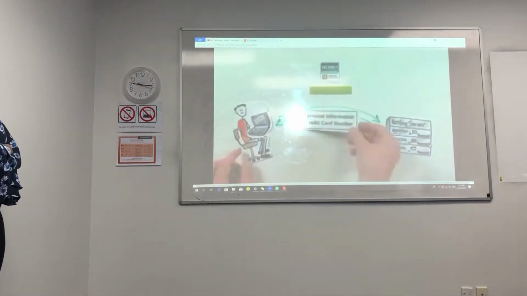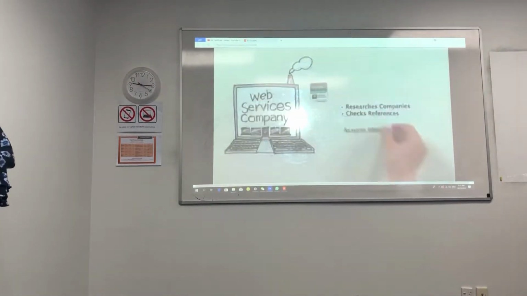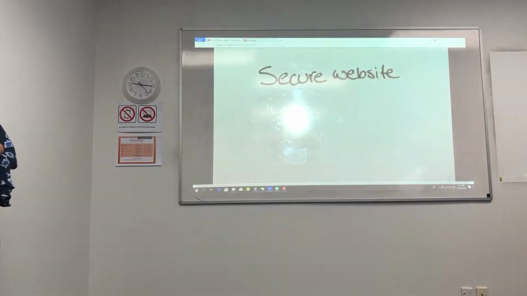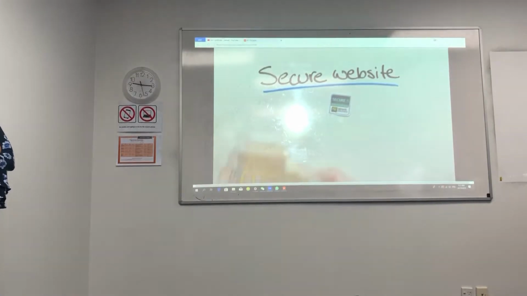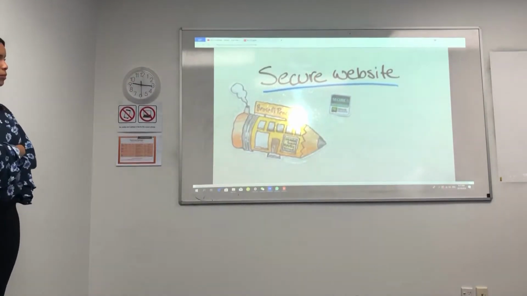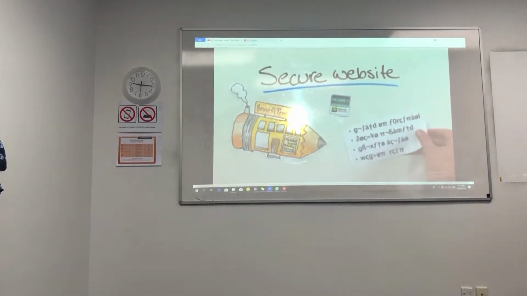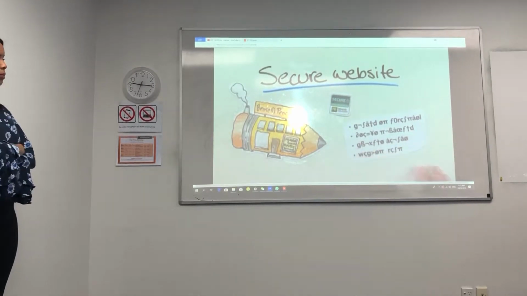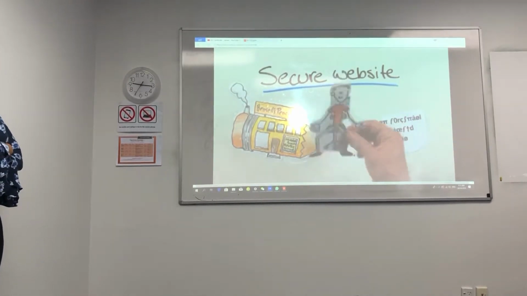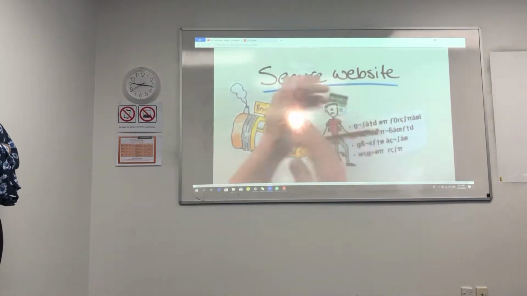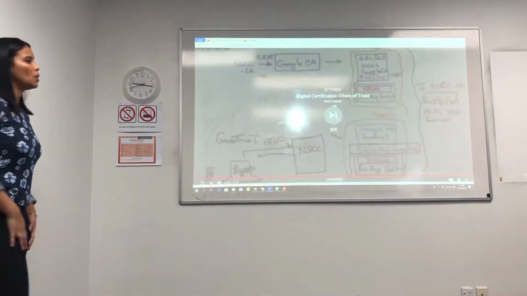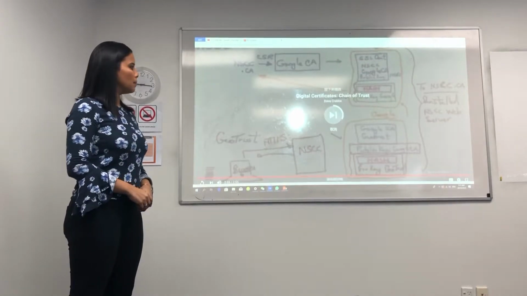So let's review. To create a secure website, you purchase an SSL certificate. This certificate authenticates a business's online identity and creates a unique, scrambled connection to provide online shoppers with a safe, secure environment. If customers feel safe, they'll feel more comfortable doing business with you on the web. Problem solved. Okay, so